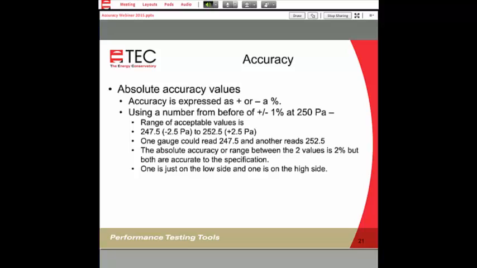Sometimes this takes place when we talk about 3% accuracy when it comes to flow with a blower door. When you're reading 3% accuracy and you're at 1,000 CFM, then that's plus or minus 30, if my math is correct. So you could have a reading that's 970 and another reading that's 1,030. Both those values are still statistically within the accuracy of plus or minus 3%, even though they're 60 CFM apart. So hoping this makes sense.